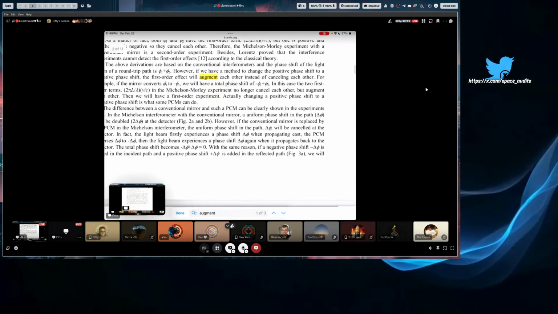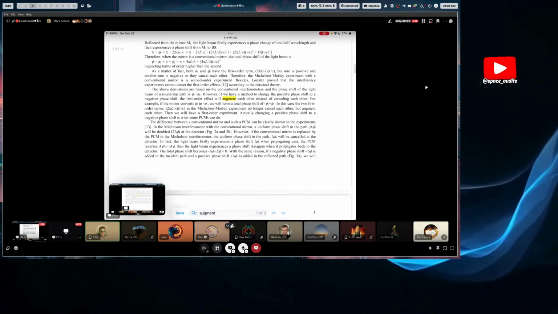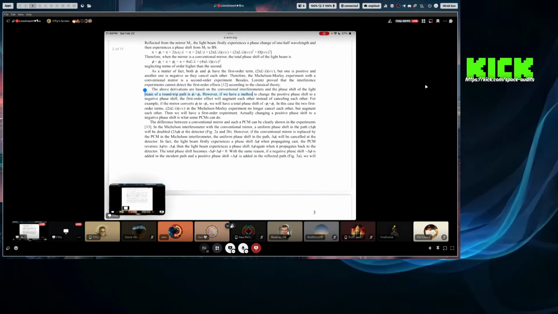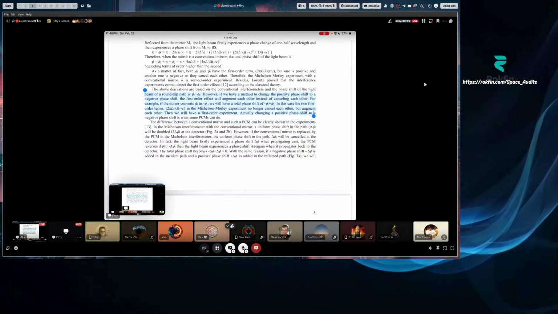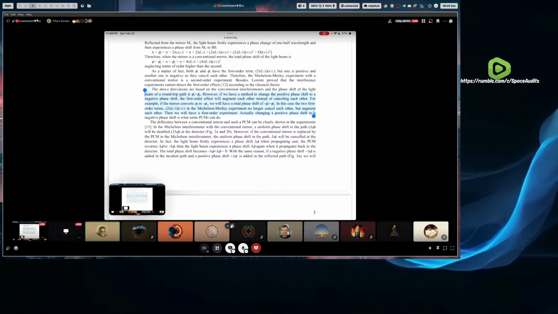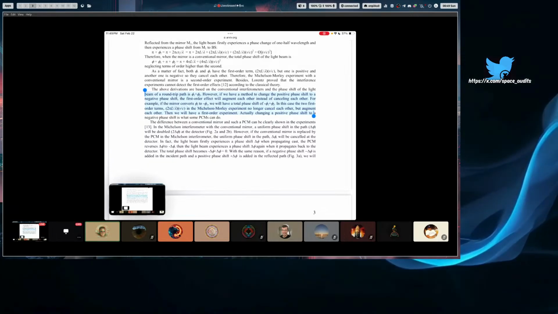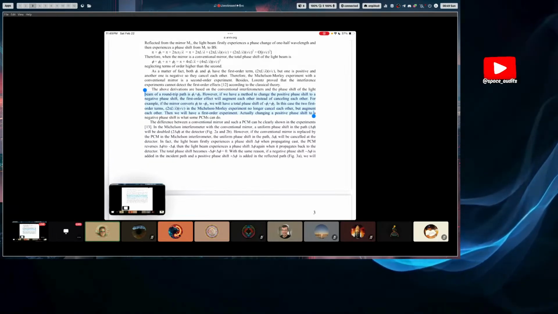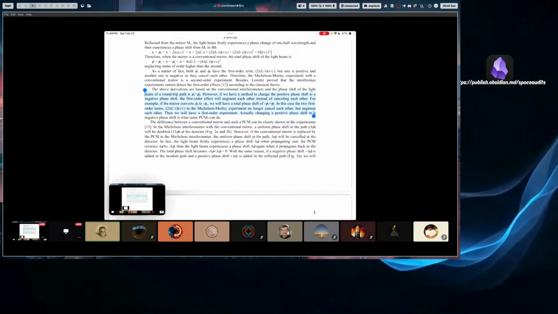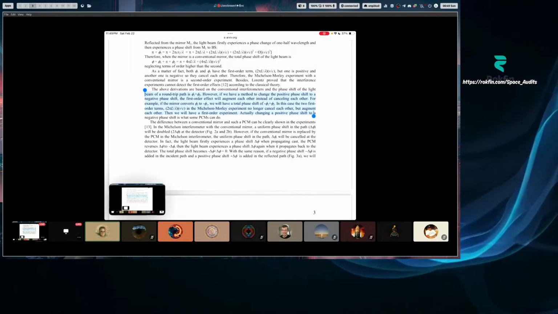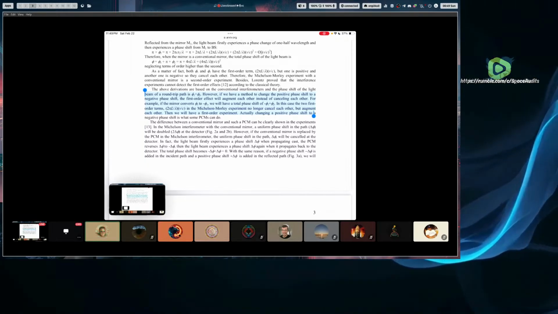So a follow-up to this, he argues that if you, right here, if we have a method to change the positive phase shift to a negative phase shift, the first order effect will augment each other instead of canceling each other. So he's arguing the opposite. In this case, the first two order terms, 2 pi L over 5 VC, in Michelson-Morley experiment no longer cancel each other out, but augment each other. Then we'll have a first order experiment.